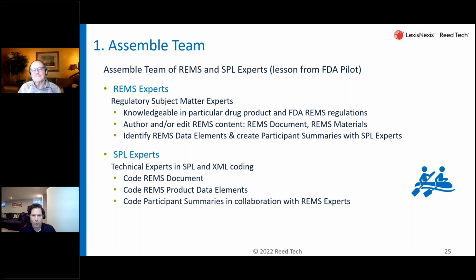Because just the core concept of assembling our team, making sure that we have the right experts on our end, making sure that we have the right folks at FDA that we're collaborating or communicating with, and then the right team members, either internally or members of a vendor's organization, that are our experts in either side, whether it's REMS or SPL, and bringing them together, really trying to identify, right? We've seen scenarios now where